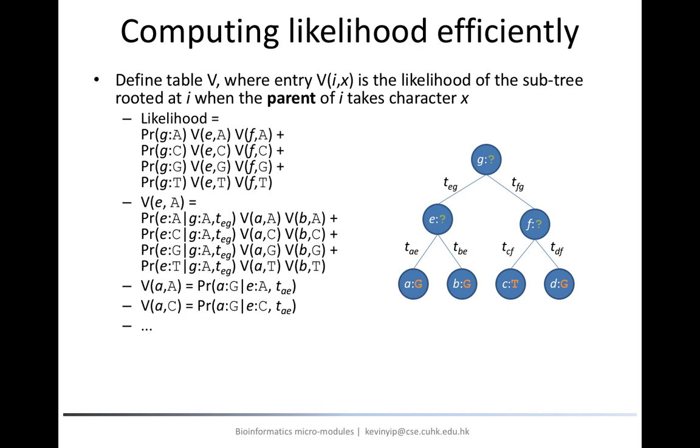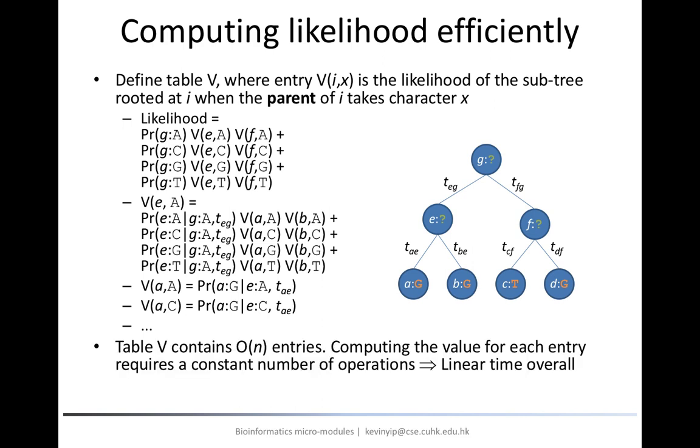The computation continues until all entries in the DP table have been computed, at which time the overall likelihood can be computed. How much time does it take to compute the overall likelihood using this algorithm? The number of entries in the DP table is equal to 4 times the number of nodes, which is linear with respect to the number of input sequences. Computing each entry of the DP table requires a constant amount of computation, assuming the conditional probabilities based on the mutation model can be computed in constant time. Therefore, the whole algorithm can be run in linear time with respect to the number of input sequences.